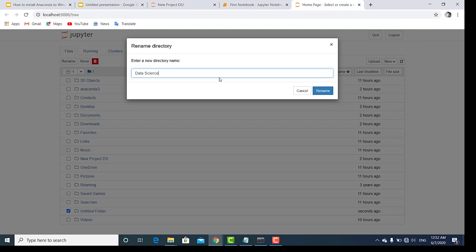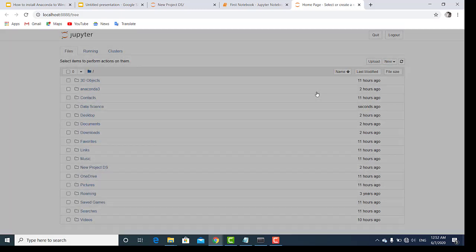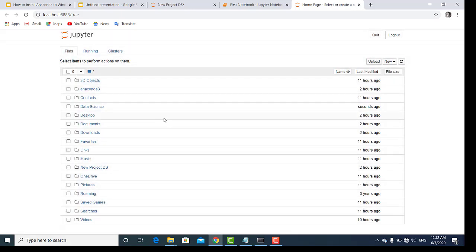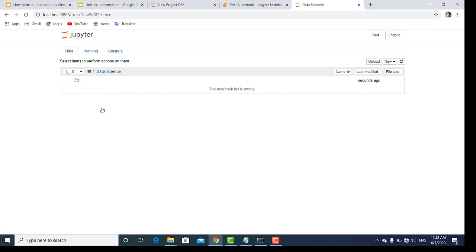You can give any name you want. Click on rename. Just click on the folder which you have renamed. And to create a Jupyter Notebook, again go to the new drop down and select Python 3. This will create a Python Jupyter Notebook.